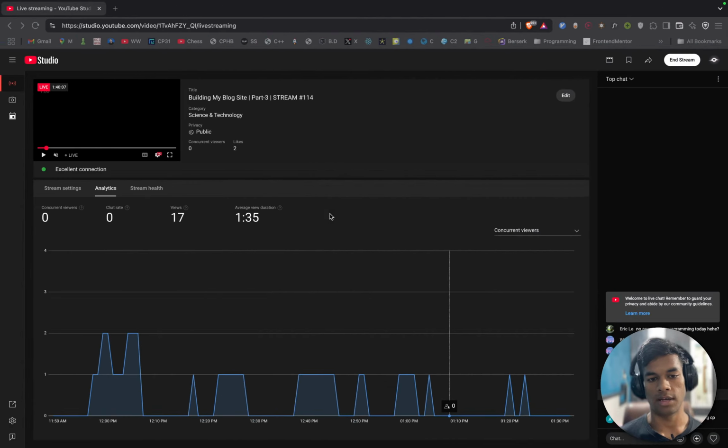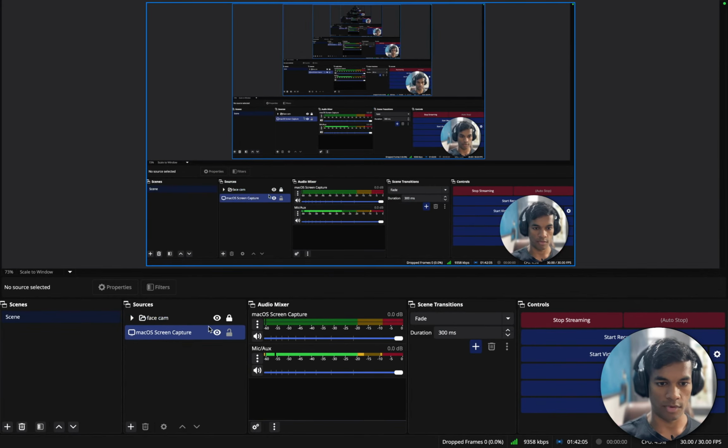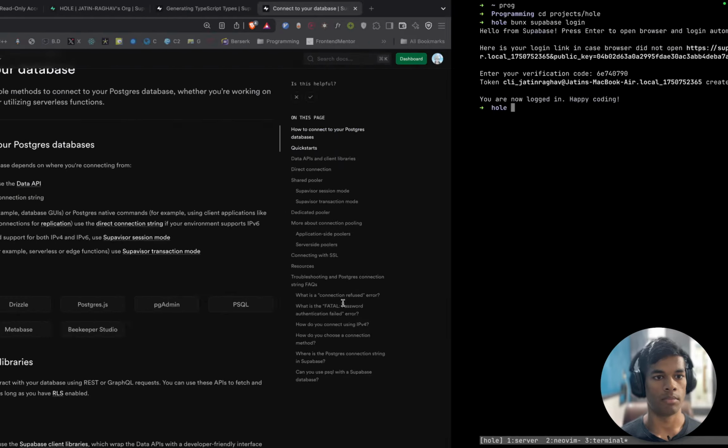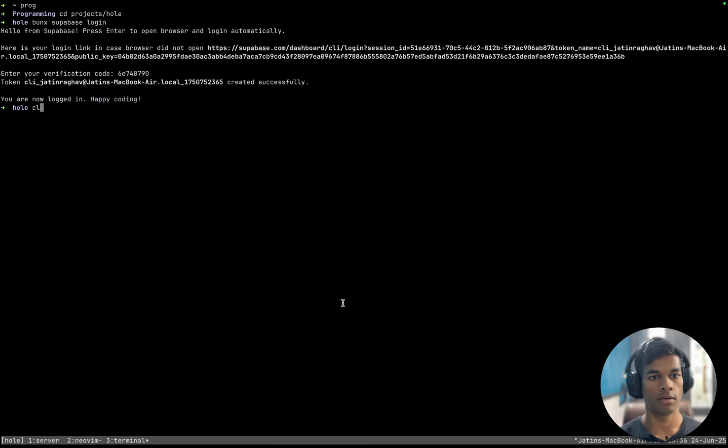Open browser. Let me hide my screen for a second. No, more than a second. What is this? Supabase account is being used to log in to Supabase. Okay, browser login. After authorization, enter this verification code. Okay, this is the code. Okay, that was easy. Let me unhide my screen. Now I am logged in to Supabase.